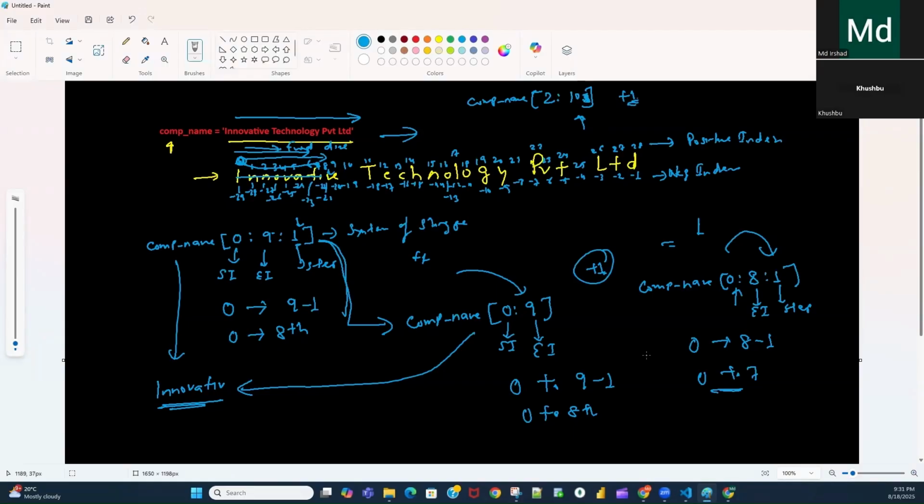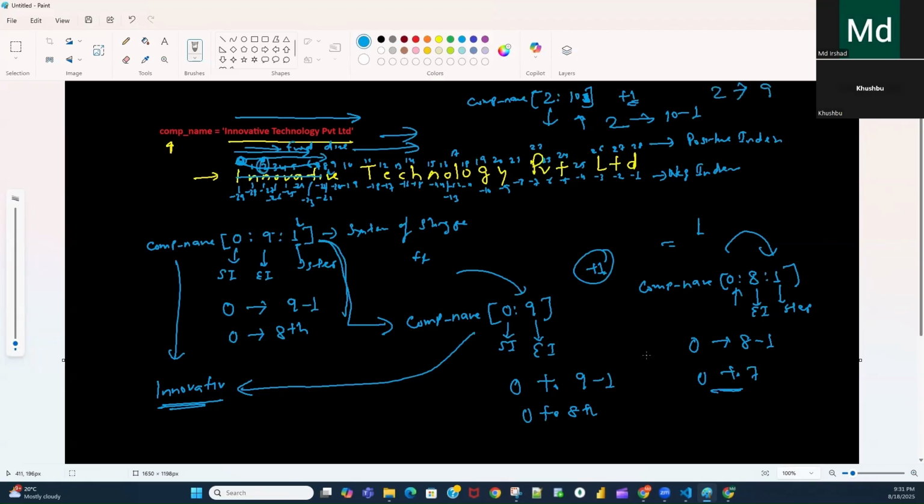Now again, the step is positive, so it will fetch the data in forward direction from start index to end -1. This time the start index value is 2, so it will not fetch the data from 0, it will start fetching from 2 position. From 2 to 10-1, so from 2 to 9 it will give you the data.